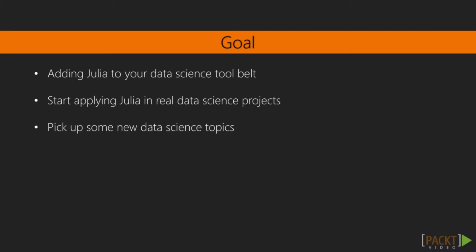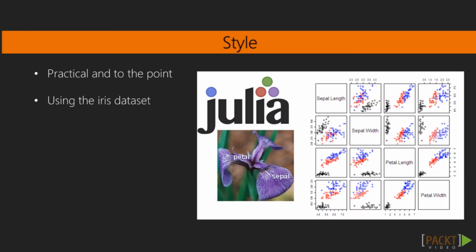The goal of this course is to add Julia to your data science tool belt, so that you can start applying it in real data science projects. And perhaps you will pick up some new data science topics along the way. We'll proceed in a very practical way, showing and explaining the code and its resulting output. And you are highly encouraged to try these things out for yourself, on the examples given and on your own